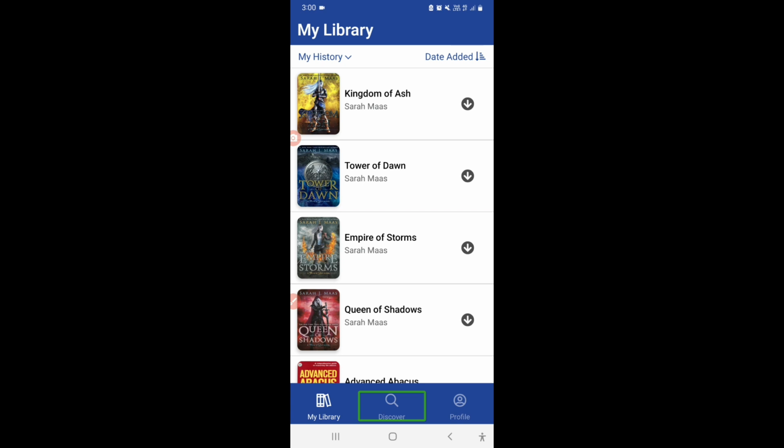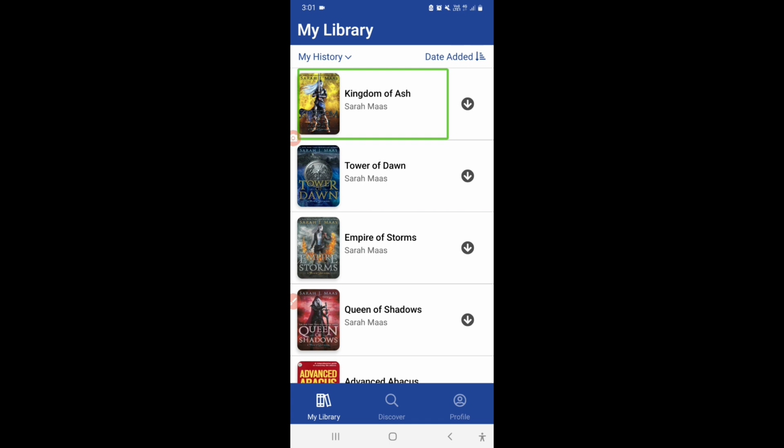You just enter your email ID and the password associated with your Bookshare account, and then you can simply use the Bookshare app. You can go to the Discover tab and click on the search bar, and then you can search for various books.